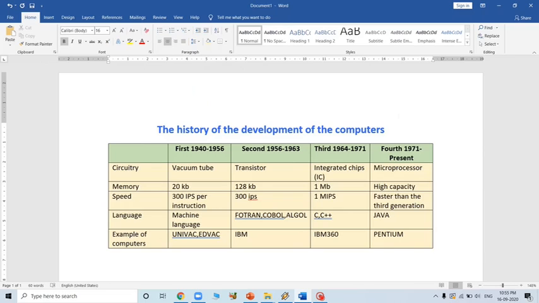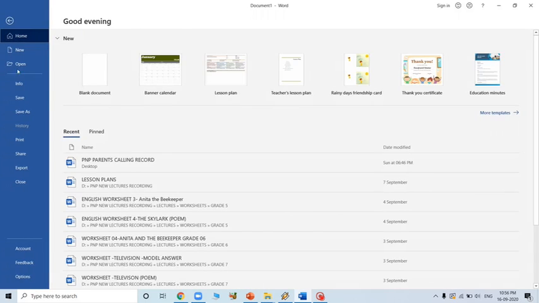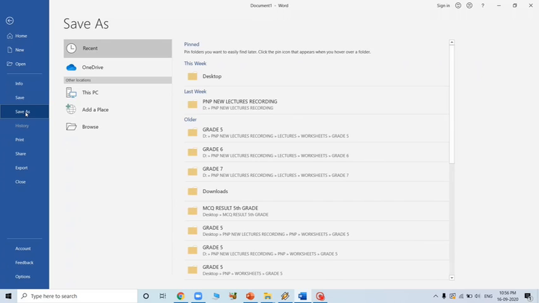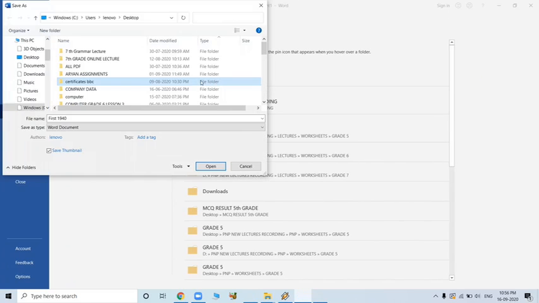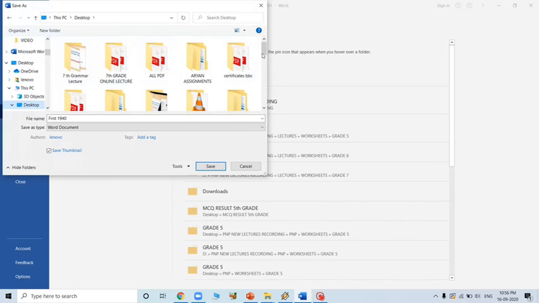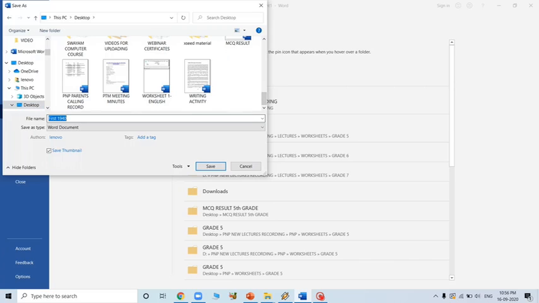Once you complete this, you just go to File and save. You can save it directly, or you can use Save As. I'll save it on the desktop. Here I'll get many choices. I can save it here.